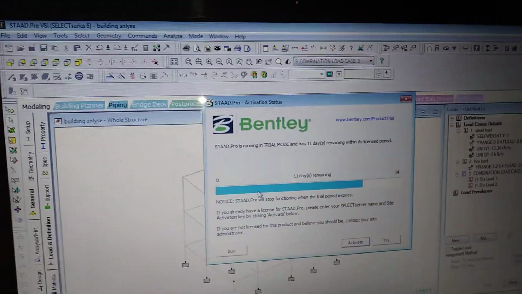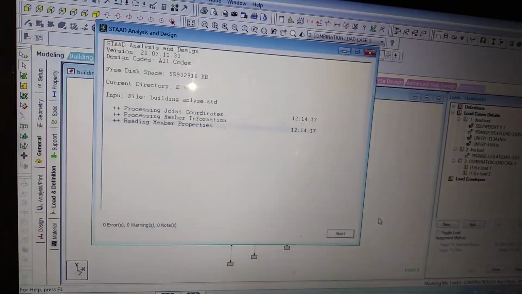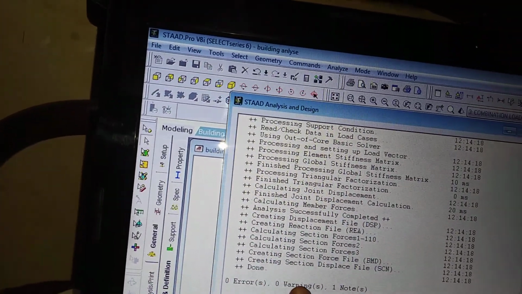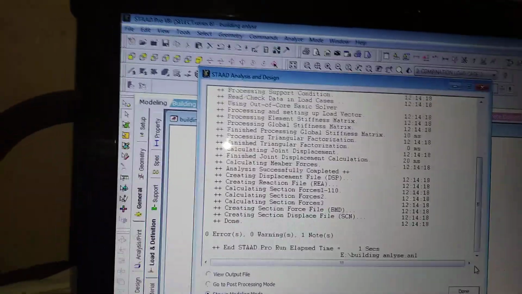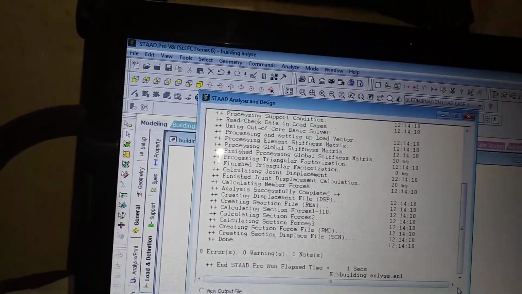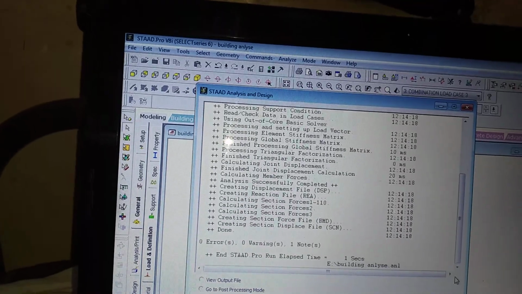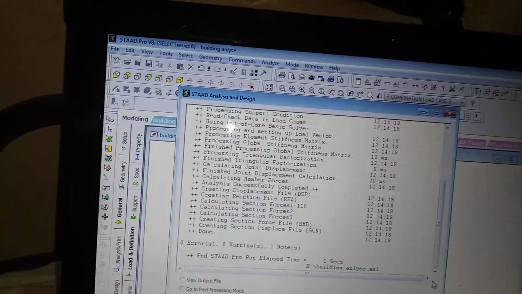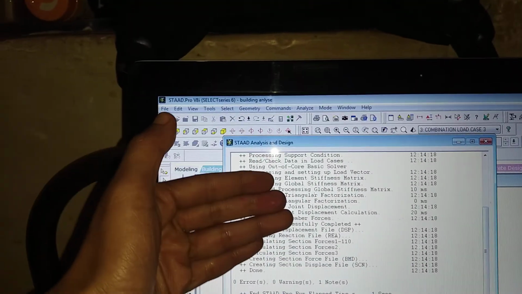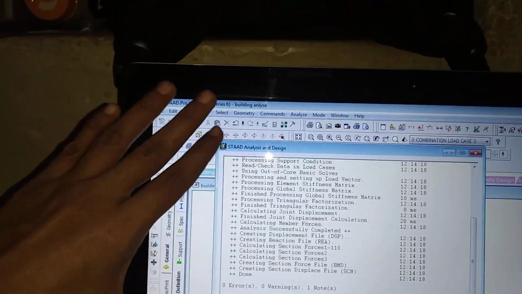See here, our errors are 0 and warnings are 0. What I assigned, load, support, property, all of those suit this building, and the analysis methods I used are correct and everything is perfect.